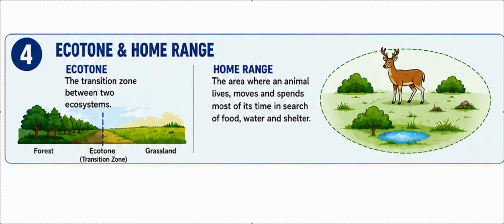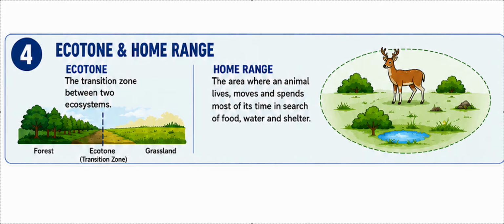Similarly, if you take forest, there will be an ecotone, then there will be grassland. So why is it important? The species from both the ecosystems may be found in this ecotone, that is the transition area between a forest and a grassland. Therefore the biodiversity is usually high. This is called the edge effect, EDGE, edge effect. Okay. Then UPSC has asked what ecotone is. So the answer is the transition zone between two ecosystems.